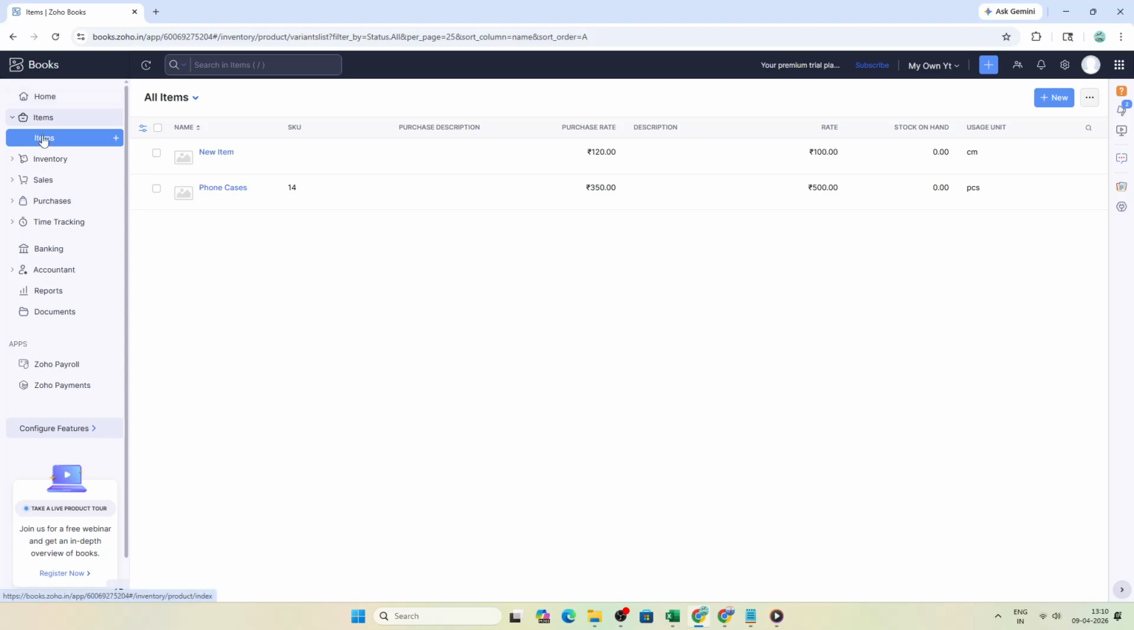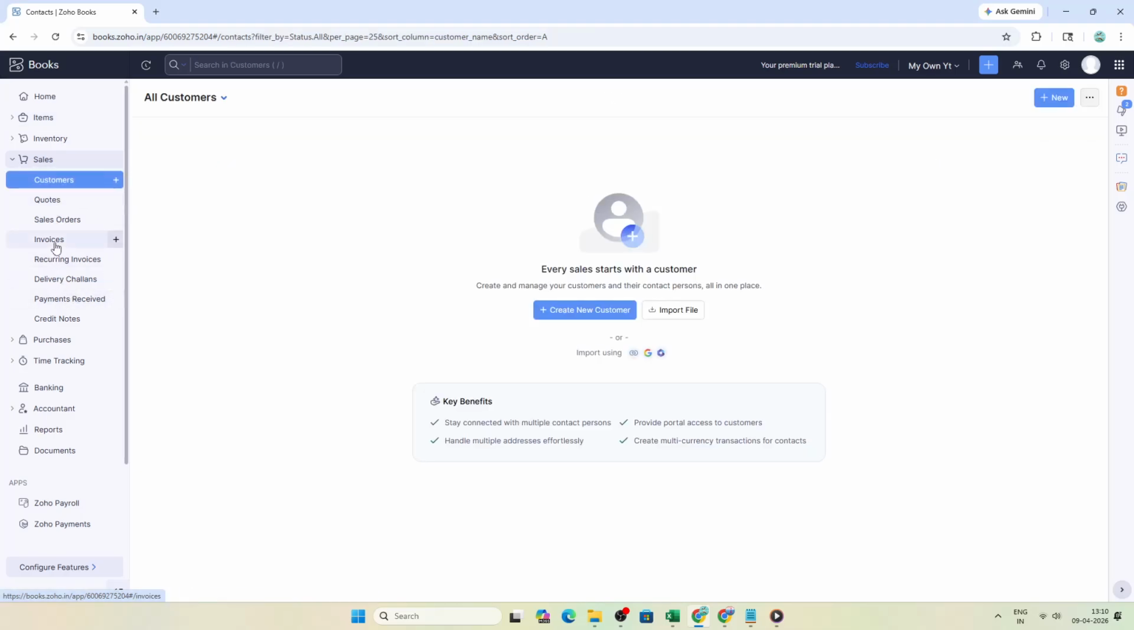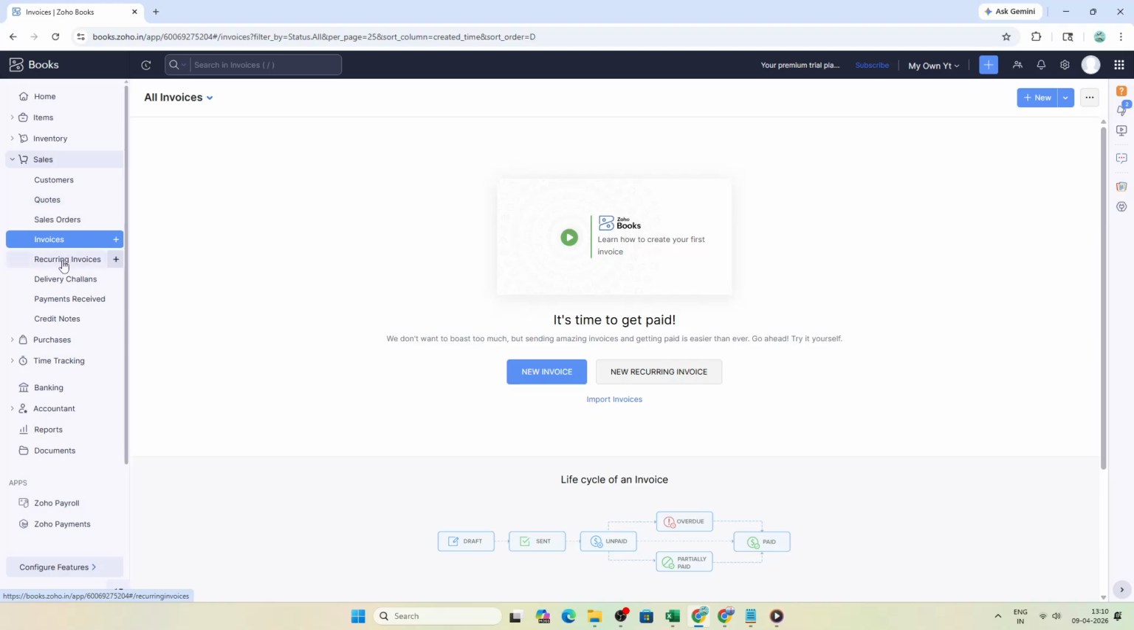Items if you are bringing in products or services. Customers for your client list. Or invoices for billing records. Picking the correct module upfront ensures Zoho Books knows what kind of fields to expect and keeps your import targeted